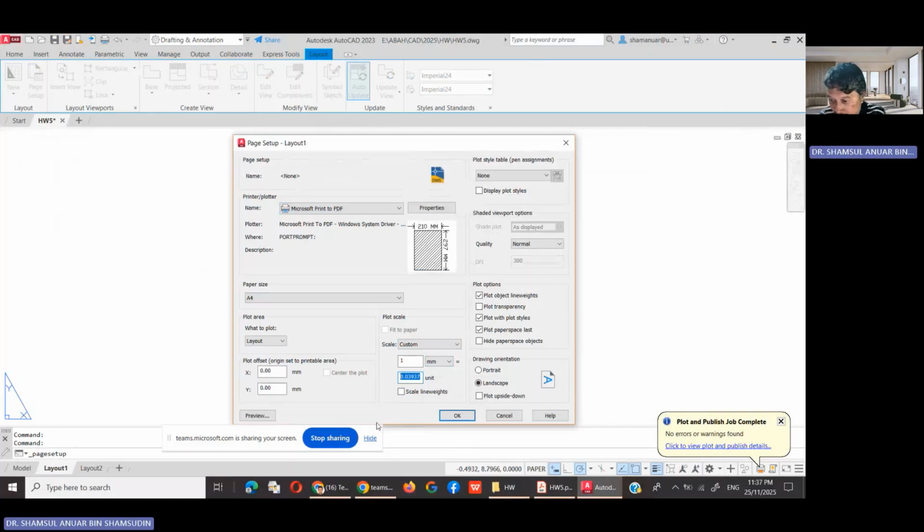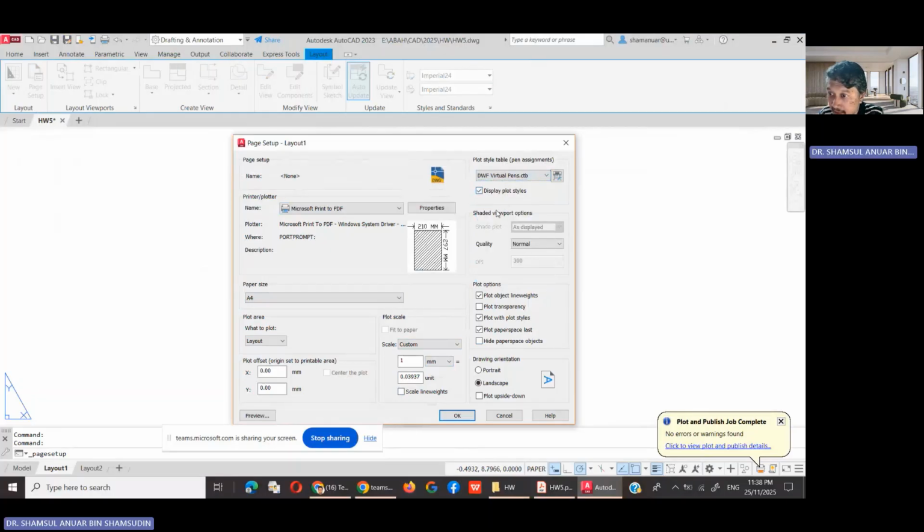Yes, we can also use that. Where does that come from? 1 divided by 25.4. It automatically comes from that. So for the plot style table pen, I'm gonna choose DWF